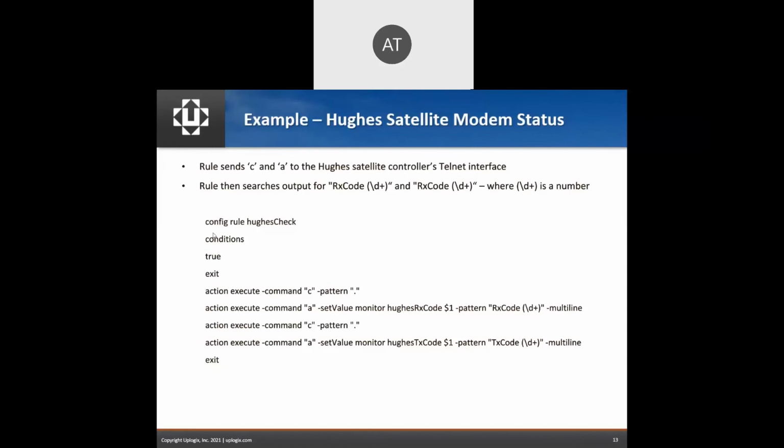The condition is true because we just want to run this all the time. This isn't something we only want to run sometimes. We're just going to always be pressing C and pressing A and looking for RX code and a number, or TX code and a number, and then collect that. So once we've collected that number from RX and TX, then we have